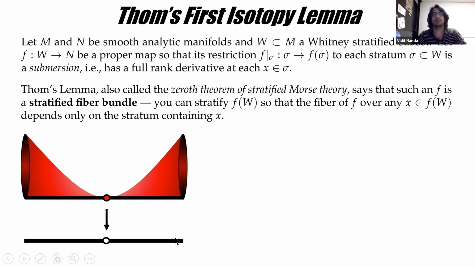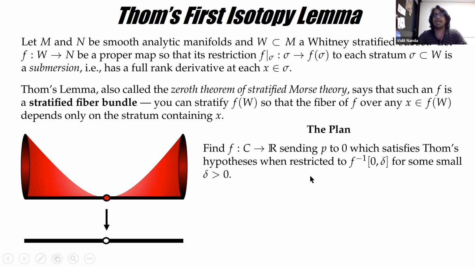That's what I mean. But as you move around, you still see a circle. So it's a fibration with fiber being a circle. And the requirement is that, of course, the derivative has to be surjective here. You restrict to it; it's a smooth manifold up top, it's a smooth manifold at the bottom, so the derivative is well defined. So the plan is to find a function that sends P to 0 and satisfies this stratified fiber